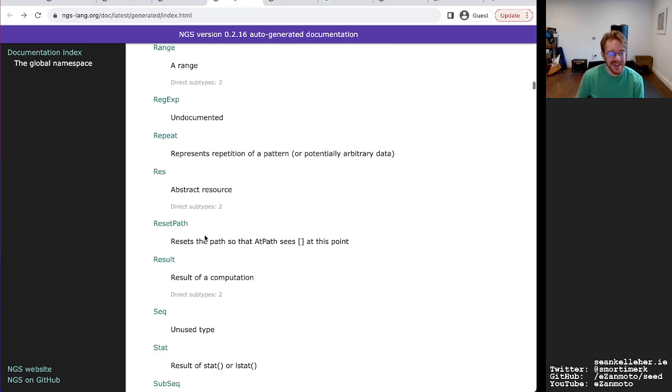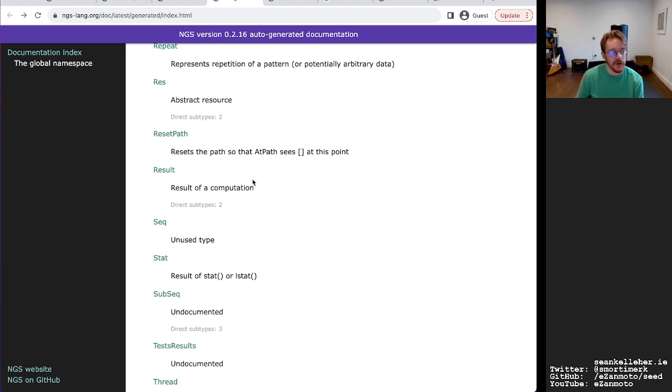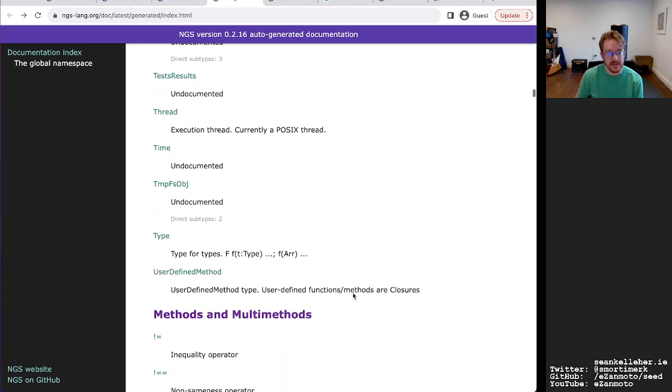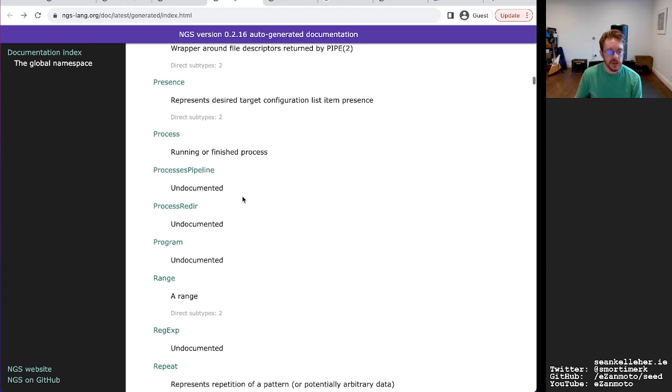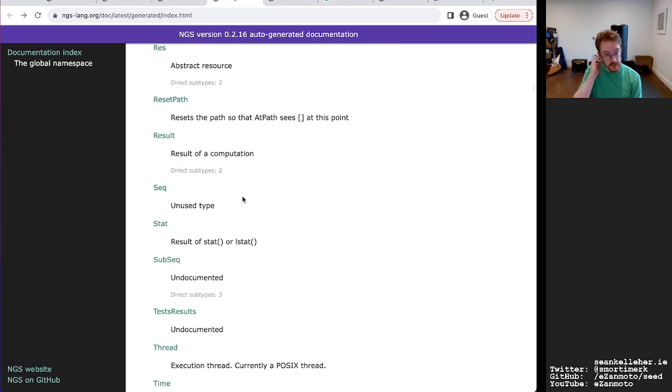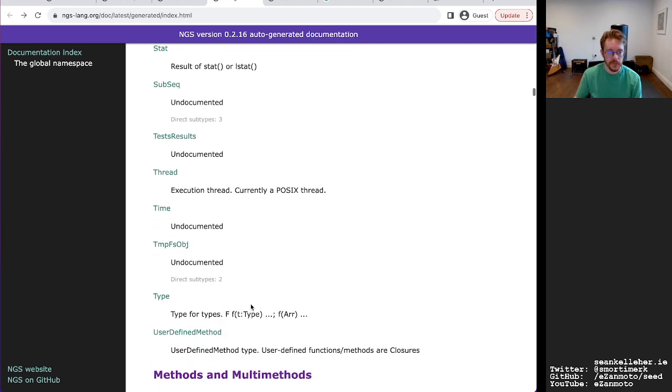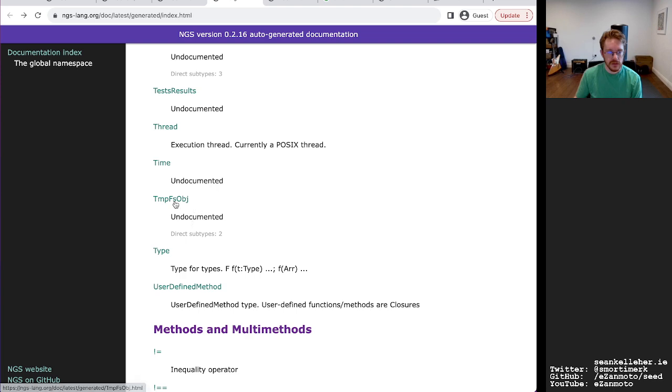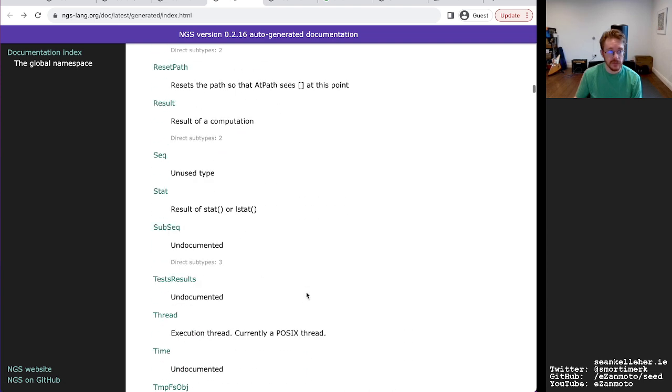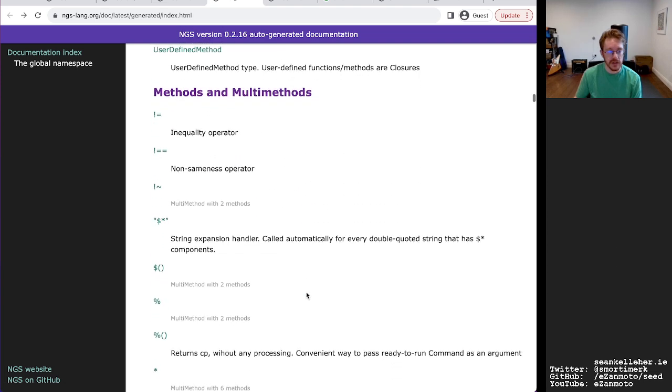I know it's, for the languages I'm doing anyway, I'm not saying that this is better, but one thing I am hoping to do is have very few, shall we say, built-in types, and then have most of the other types be composites of those built on top. So let's see, temporary FS object. So lots of very interesting and specific types there.